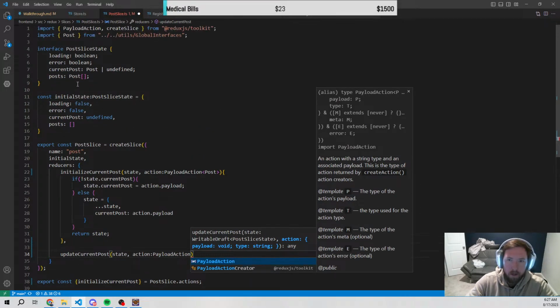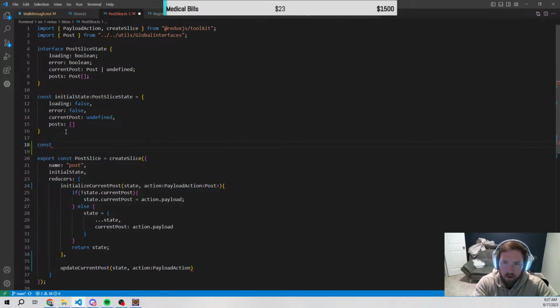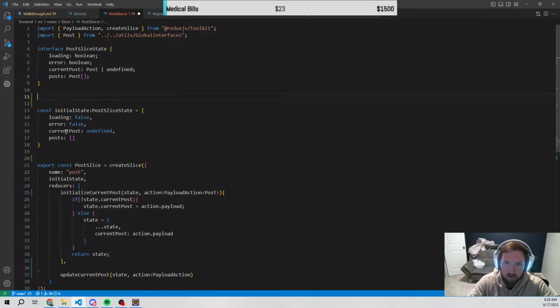And I think it's primarily just going to be string for this. So say const interface update post